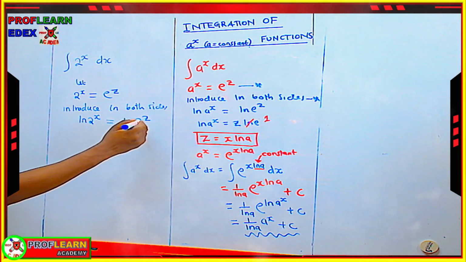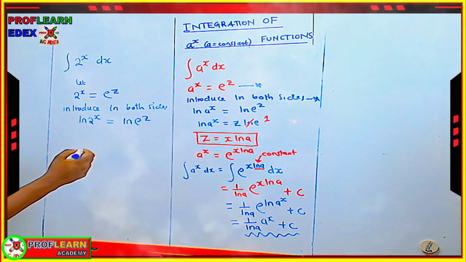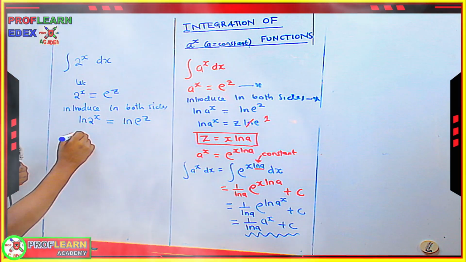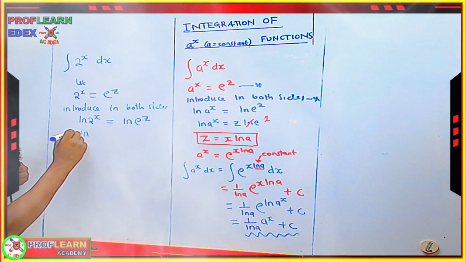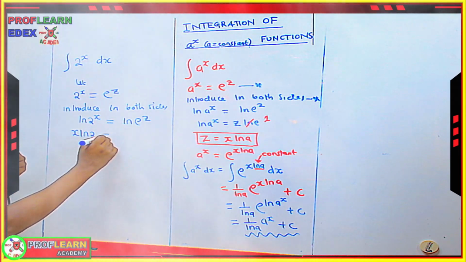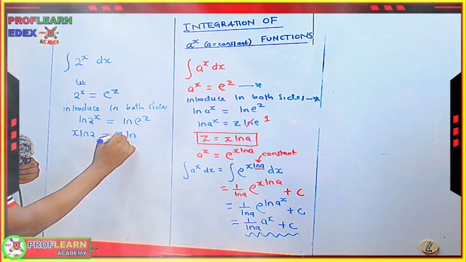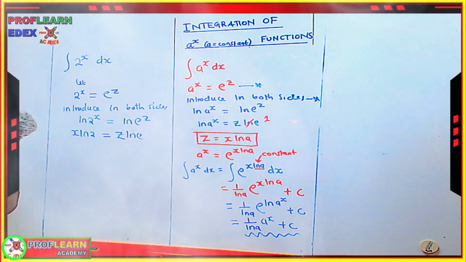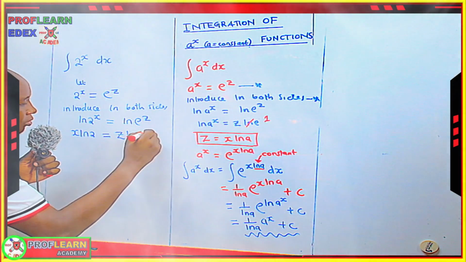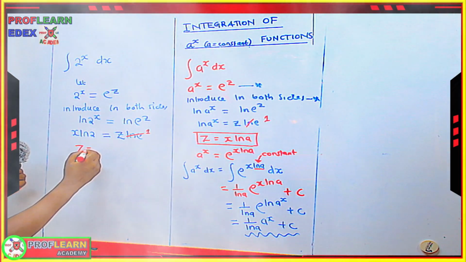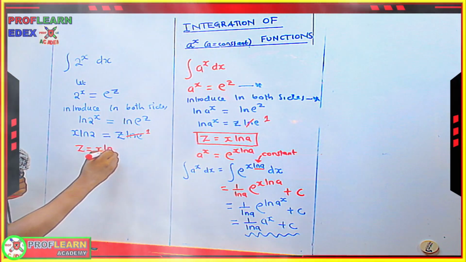And this means that now this power can be taken behind here, and we're going to say this is going to be ln of that is actually x ln of 2, x ln of 2 is equal to z ln of e. But ln of e is basically 1. This one will cancel to 1, so that we can have z is equivalent to x ln of 2